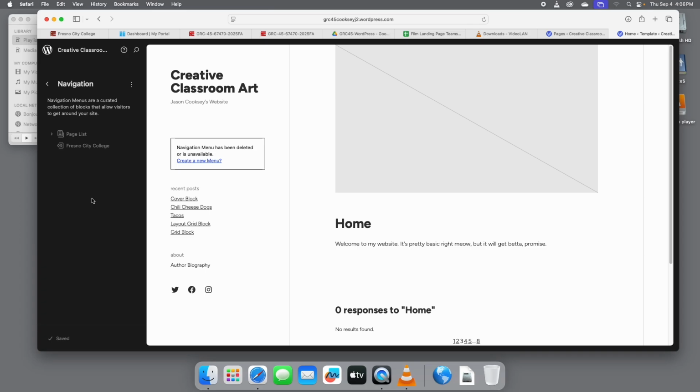And all of ours just have the single navigation item. And you can actually create additional nav menus that you can use at different parts of your website. Also, if you have, let's say,